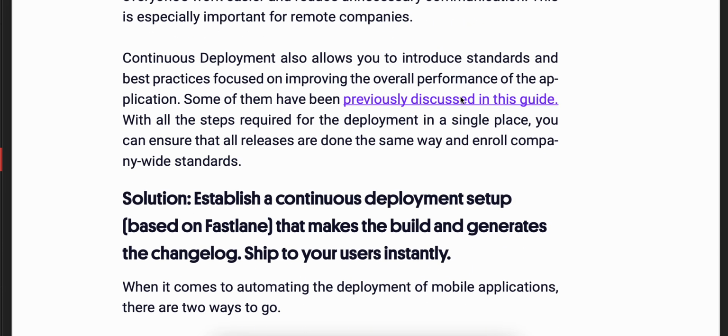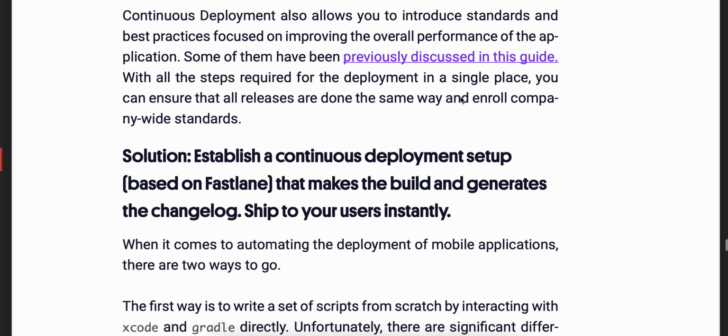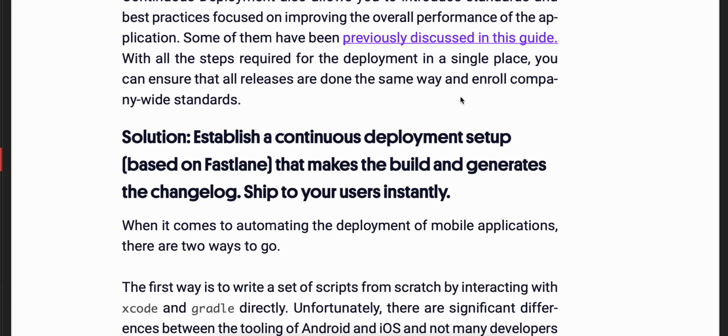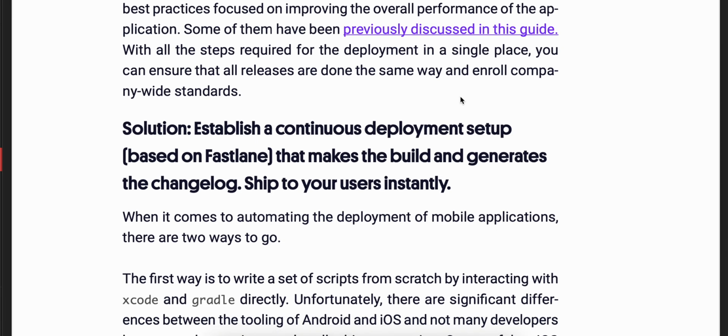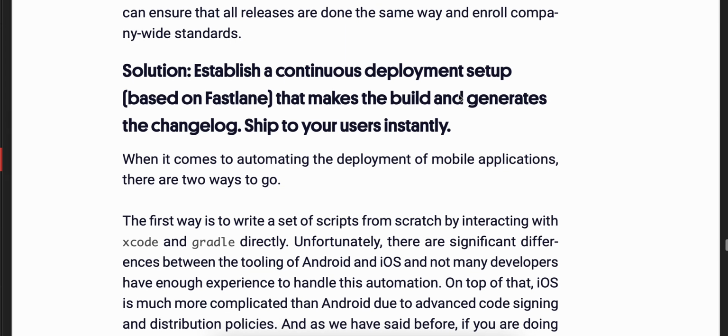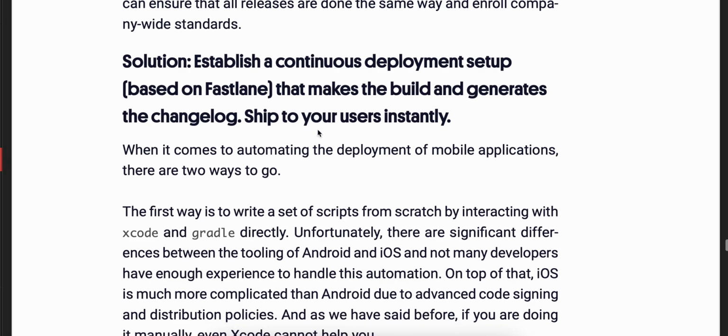Continuous deployment also allows you to introduce standards and best practices focused on improving the overall performance of the application. Some of them have been previously discussed in this guide. With all the steps required for development in a single place, you can ensure that all releases are done the same way and enforce company-wide standards. Establish a continuous deployment setup based on Fastlane that makes the build and generates the changelog shipped to your app